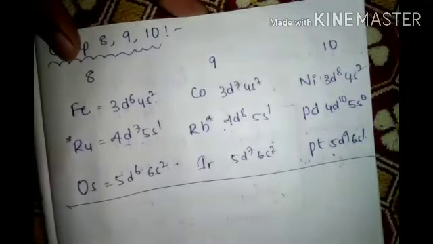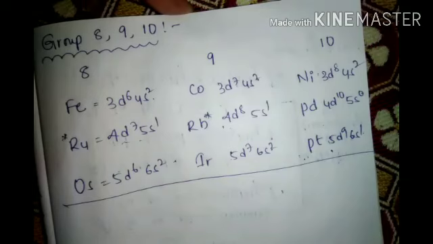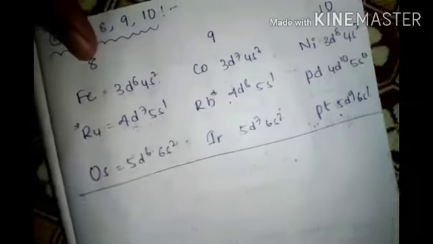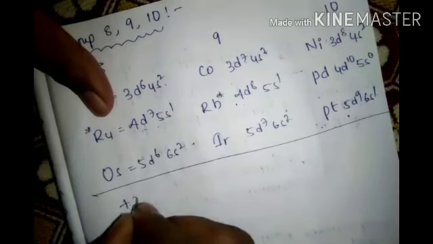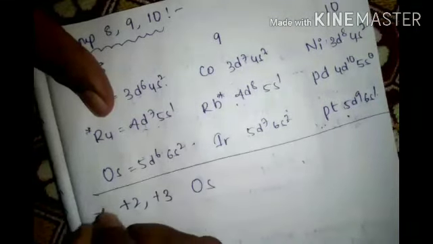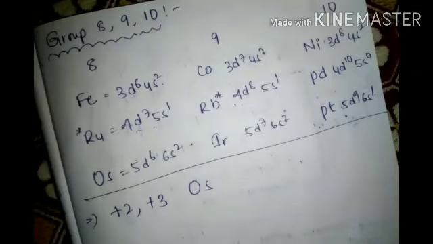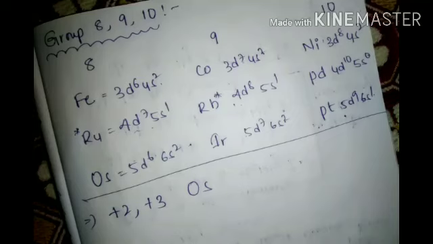Okay. This is the general electron configuration and members. Now, basically, +2 and +3 oxidation states. For example, iron: Fe +2 is possible, Fe +3 is possible. All these kinds of compounds. They have high melting and boiling points.